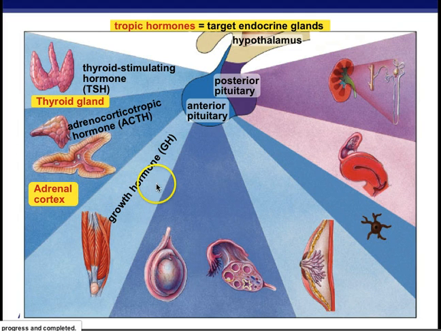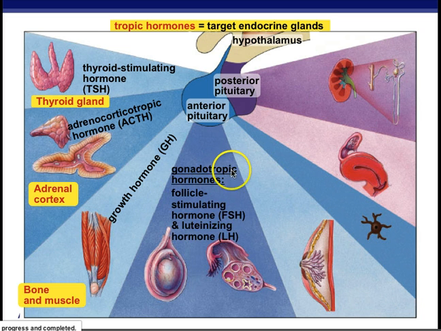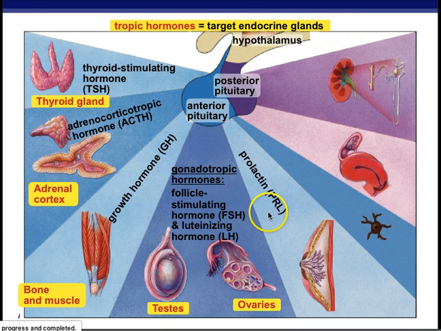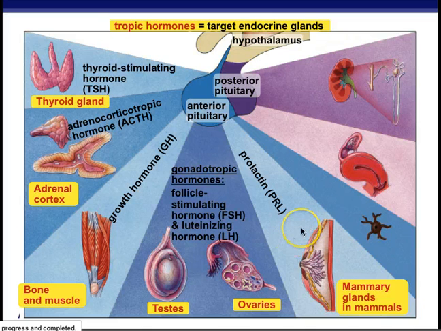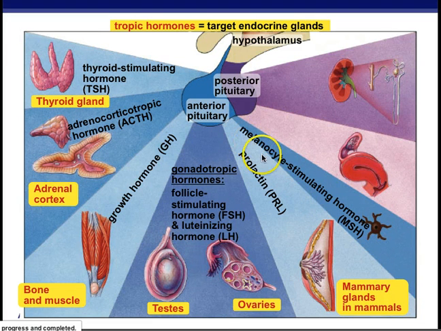Then growth hormone, which acts on bone and muscle. Gonadotropic hormones, which we already talked about, are follicle stimulating hormone, FSH, and luteinizing hormone, LH, which act on the ovaries. And then prolactin, PRL, which I don't think we talked about, acts on the mammary glands in mammals, which secrete milk, and is also partly responsible for the bonding feeling after birth for mammals. Melanocyte stimulating hormone,